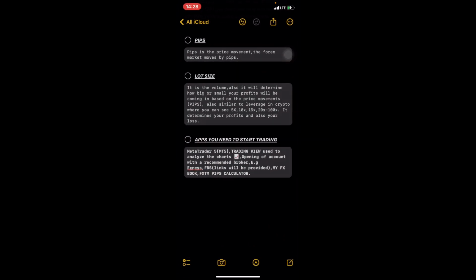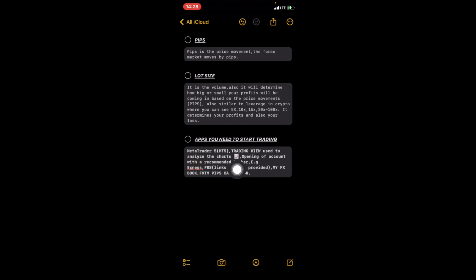Now, the apps you need to start trading: we have MetaTrader 5. We have MetaTrader 4 also, but it's kind of outdated, so most brokers now use MetaTrader 5. Then we also have one that's coming up, and I even prefer that, but we'll talk about it in our live session. It's called Match Trader. You'll be familiar with it very soon, but stick to MetaTrader 5 because it's the familiar one. As a trader, you must be familiar with MetaTrader 5.